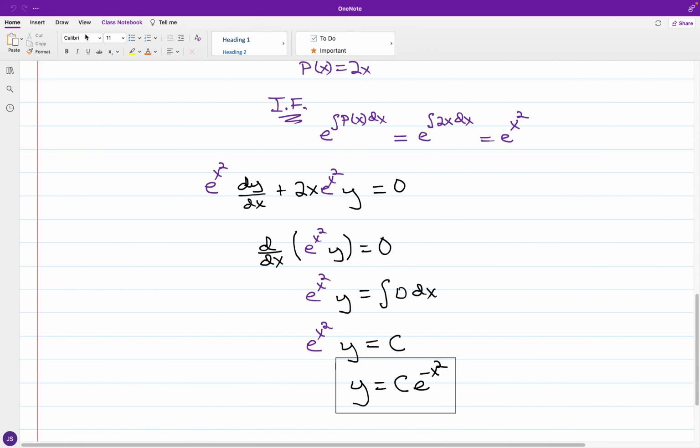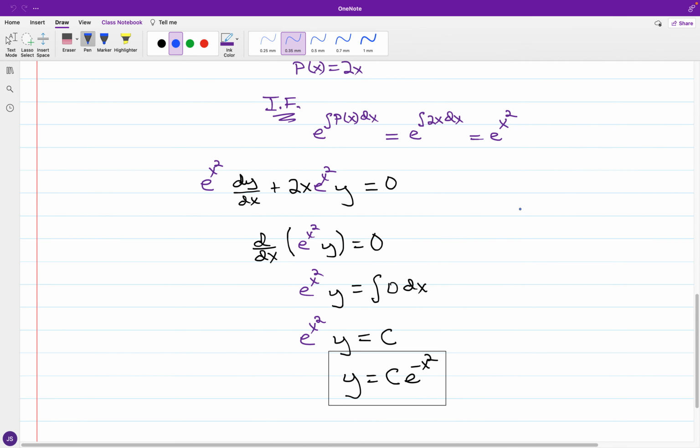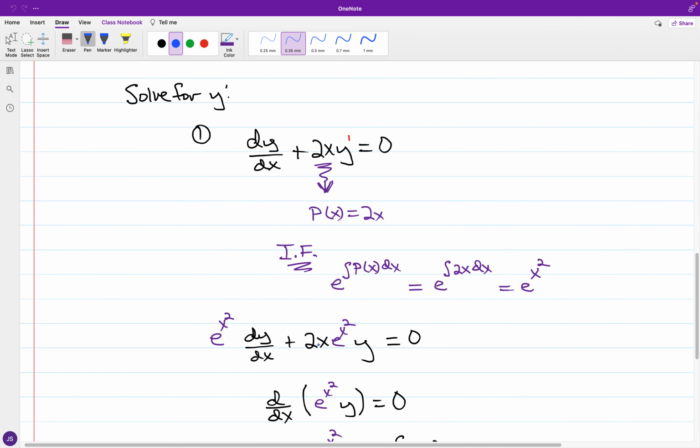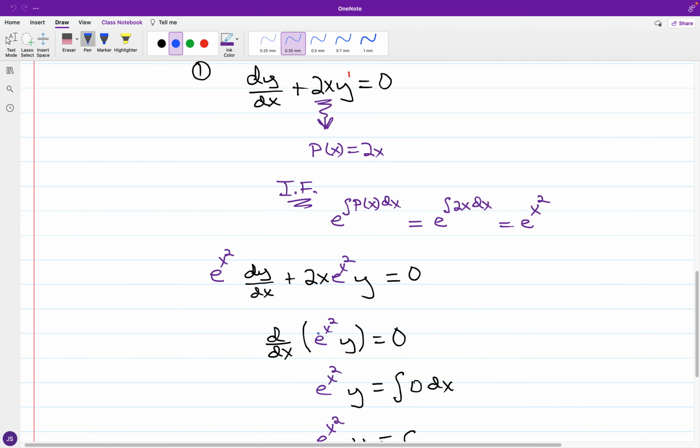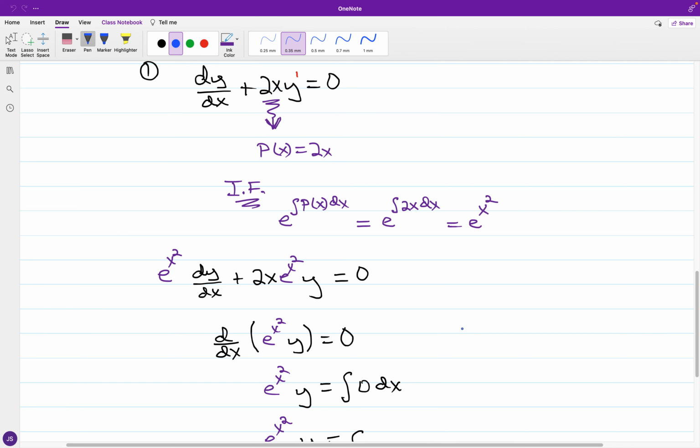And what I mean by the intermediate steps above, just kind of a reminder. So again, the two terms we had here, I said, was a product rule expansion of taking the derivative in the independent variable of the product of the integrating factor times the dependent variable. So let me just give you a refresher. So you have d over dx of e to the x squared times y,